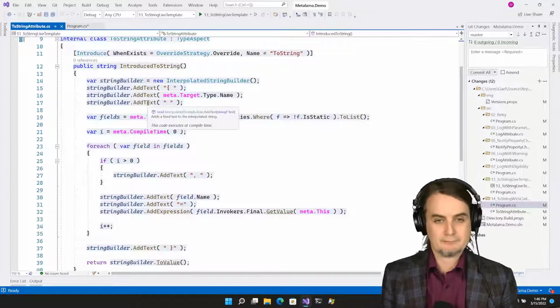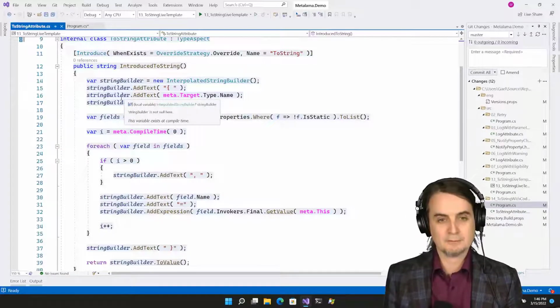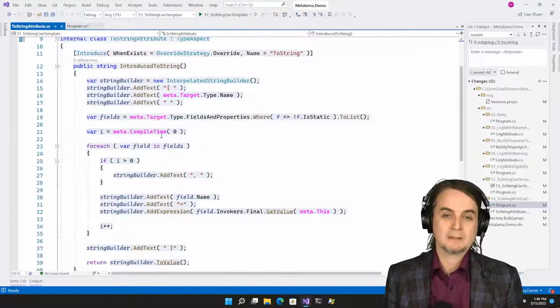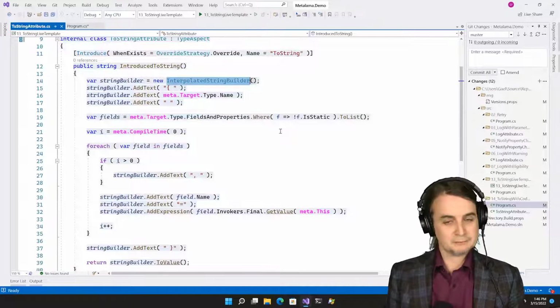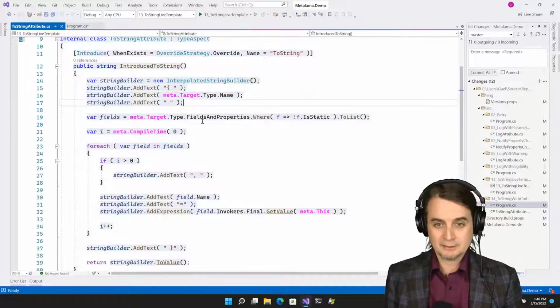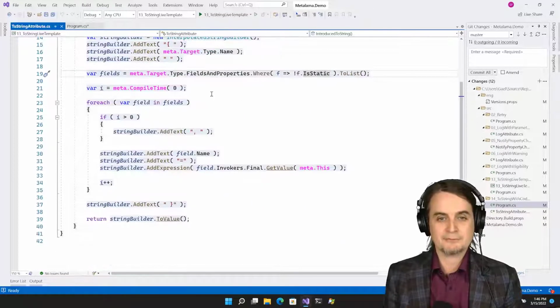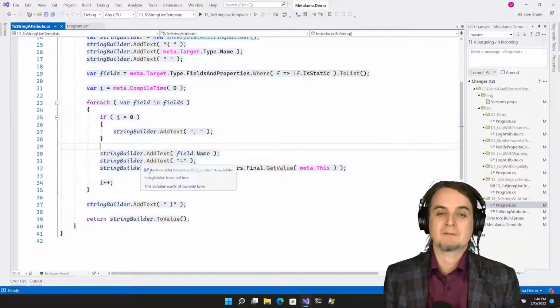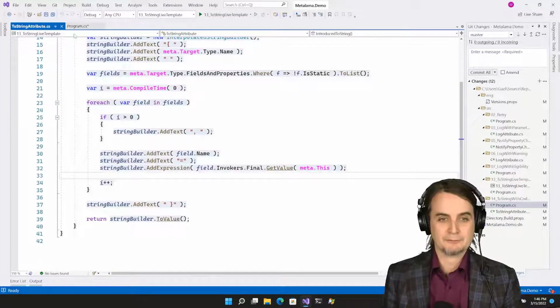So here I have a pretty good implementation of toString that creates an interpolated string builder, appends a type name, and then goes after all non-static fields and properties and just writes them in the string builder.